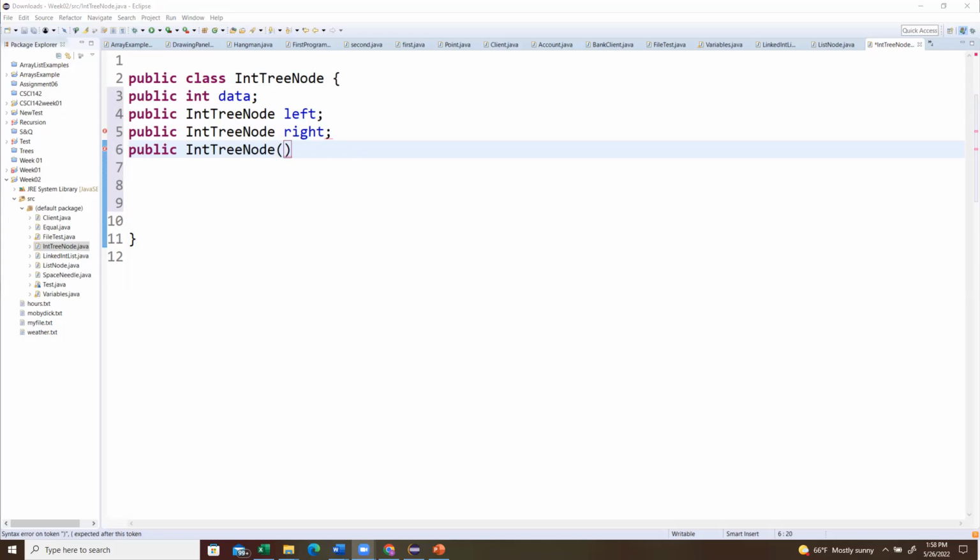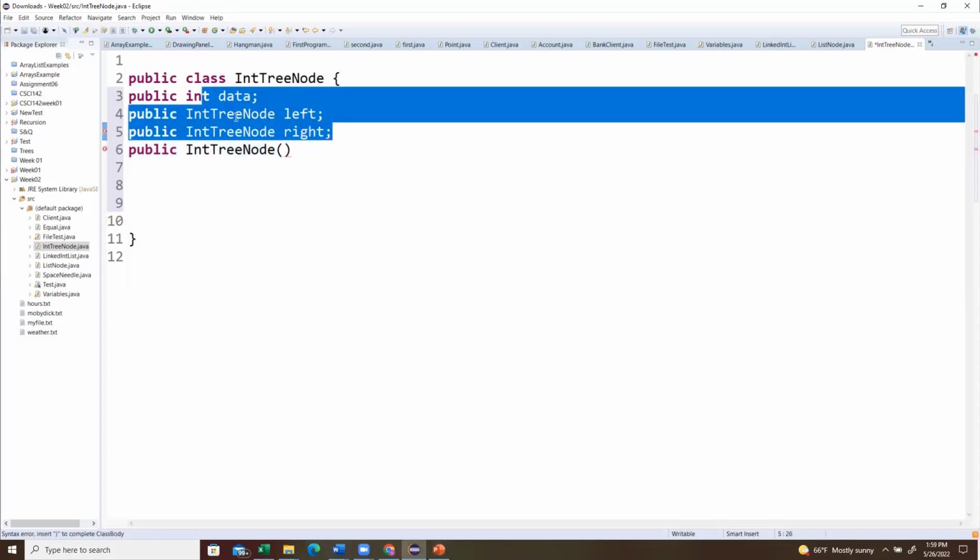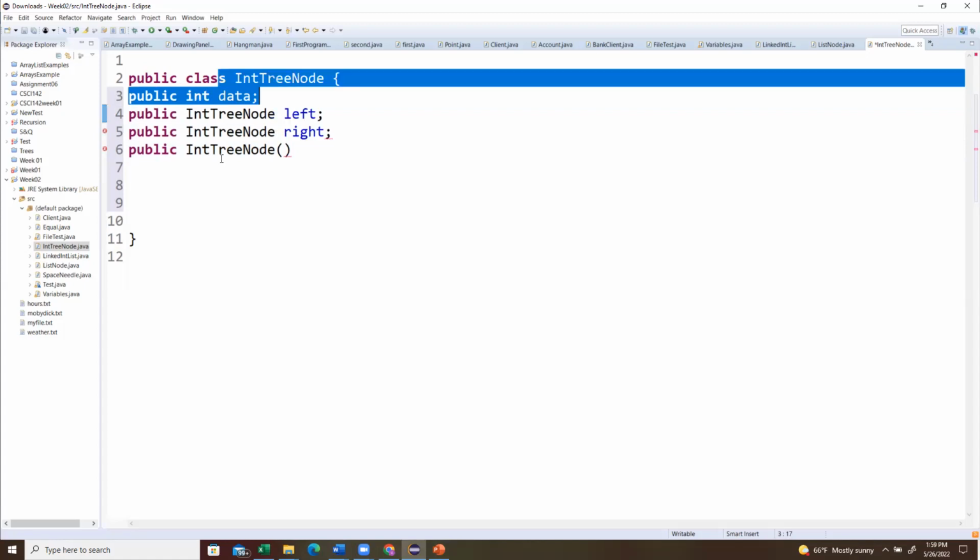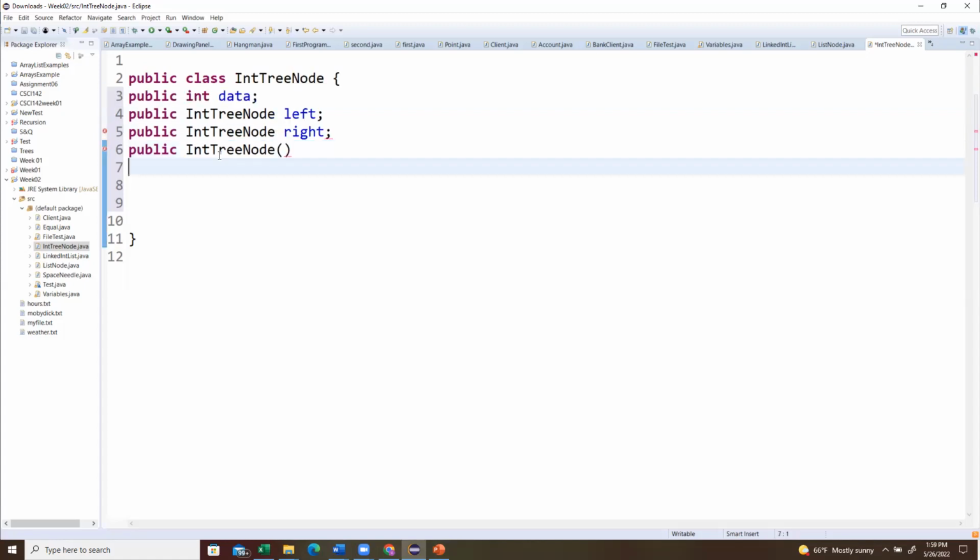Any guess? The parameters of constructors are related to your fields. So what fields do you have? The purpose of the constructor is that when the user creates an object of this IntTree node, they will say new and pass the value, right? So we need the value. There is a possibility that the user will say int data only, that I just know, add 5 or add 6 to this field. And what we will do is use this reference, and before that,